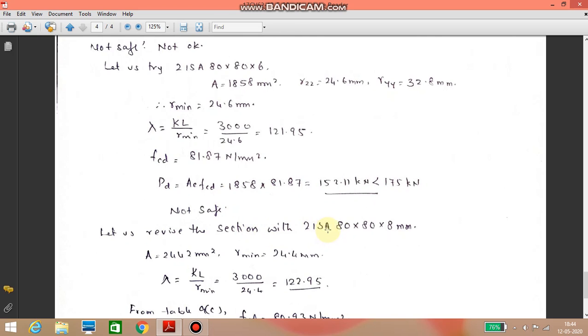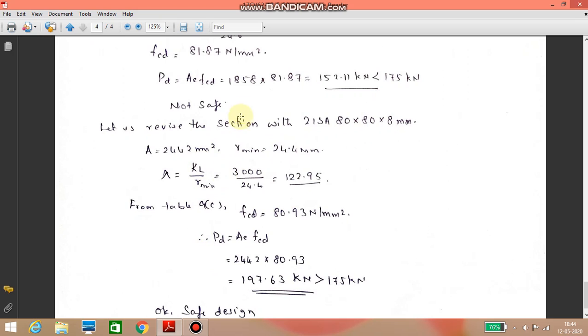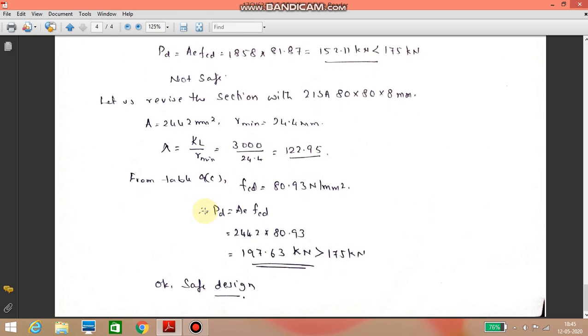Let us go with section 2 ISA 80 by 80 by 8 mm. So here the area is 2442 millimeter square. R minimum is 24.4 millimeter. Therefore KL by R minimum equal to 122.95. So from table 9c of IS 800-2007 we get FCD equal to 80